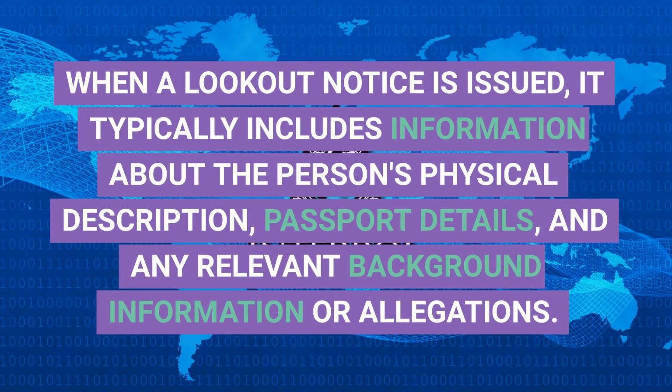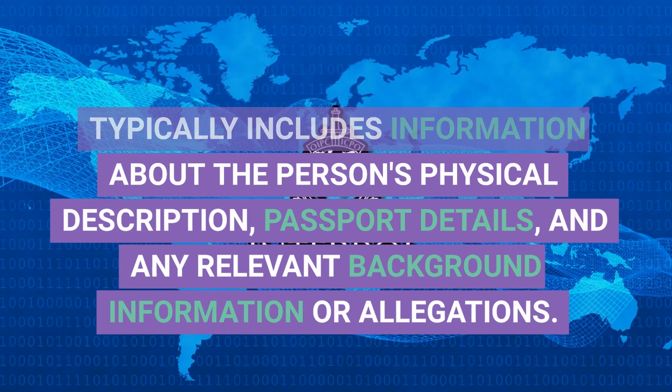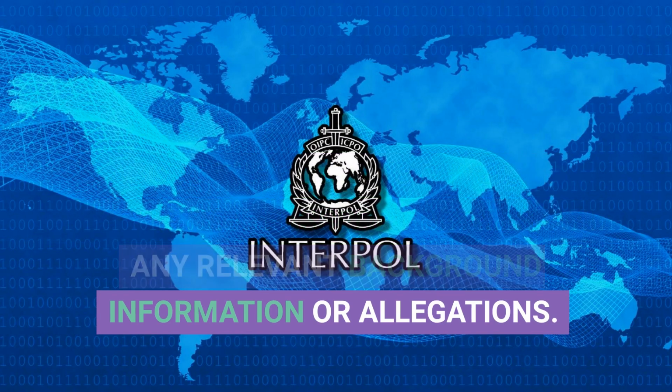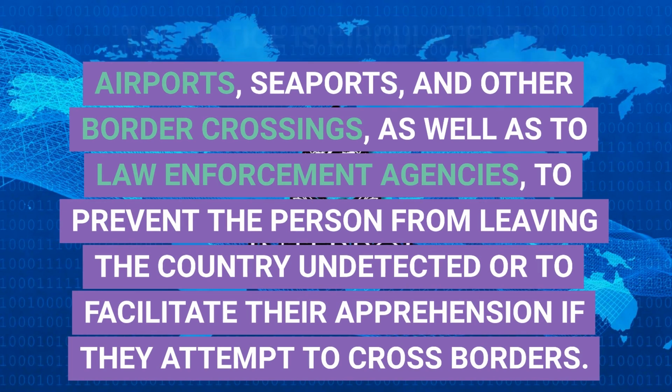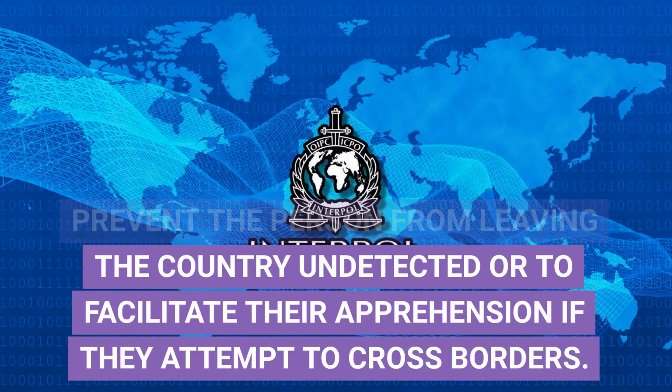When a lookout notice is issued, it typically includes information about the person's physical description, passport details, and any relevant background information or allegations. The notice is circulated to airports, seaports, and other border crossings, as well as to law enforcement agencies, to prevent the person from leaving the country undetected or to facilitate their apprehension if they attempt to